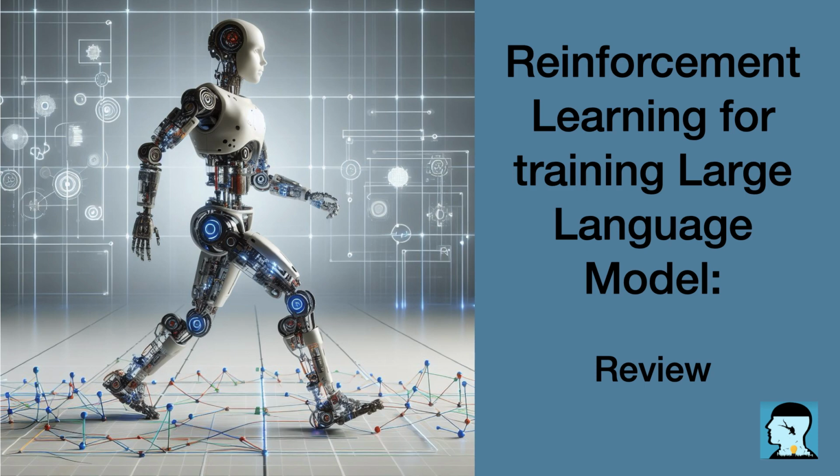Reinforcement learning, RL, is a way of training a machine learning model by allowing it to learn from its interactions with an environment. It is like teaching a child through a system of rewards and punishment. The model, also known as the agent, takes actions in the environment to maximize its cumulative reward. In the context of training large language models like RLHF, reinforcement learning is used to fine-tune the model and improve